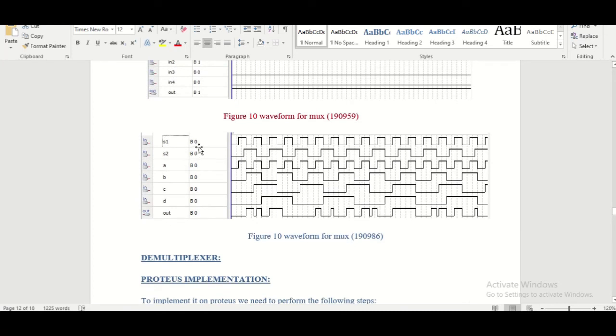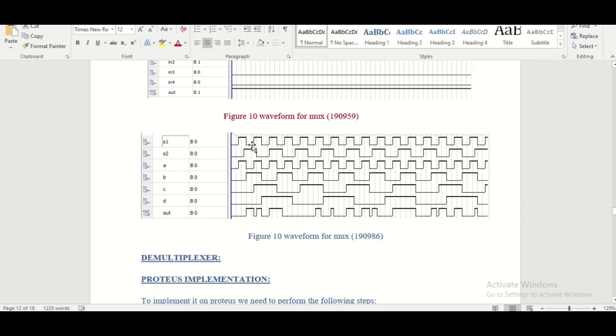Here you can see when both of the selection inputs are 0 and the inputs are also 0, the output is also 0. For the selection 1 0, we get this input B at the output, which is 0, so we get a 0 at the output.